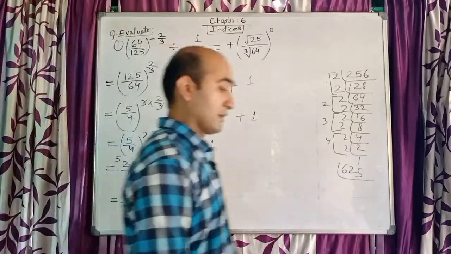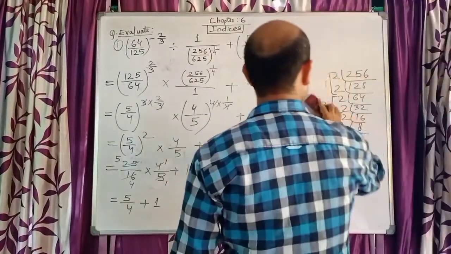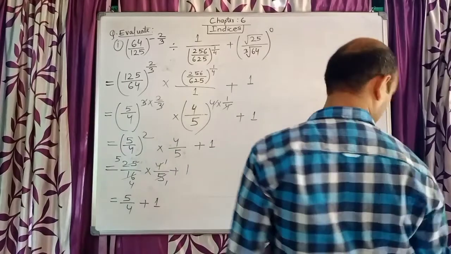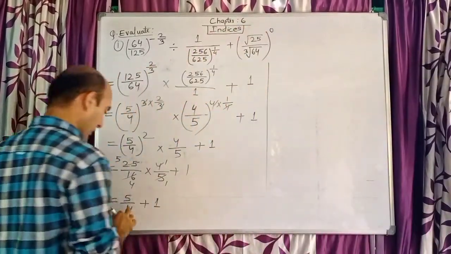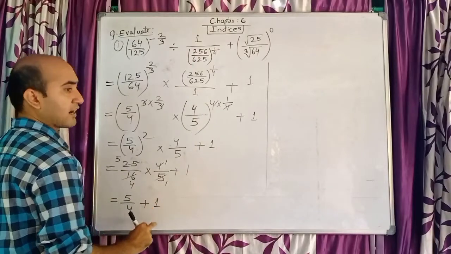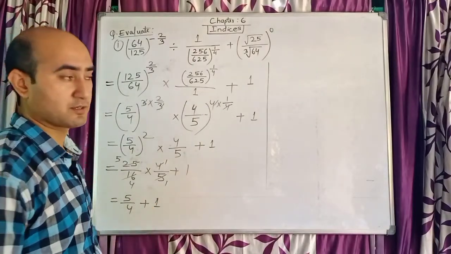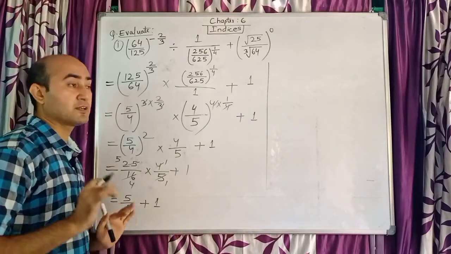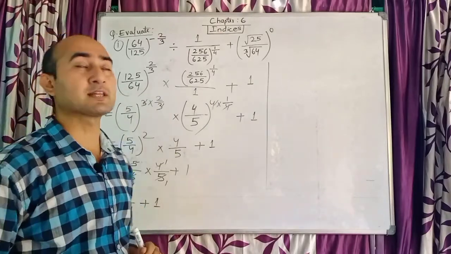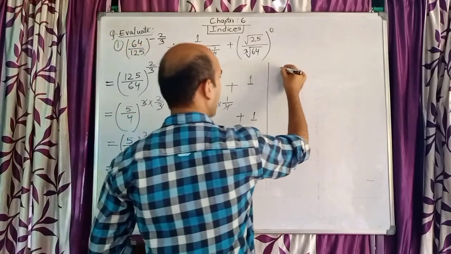Now we have to do LCM and we have to add then. Why do we have to do LCM? So simple, children. It is said, when there is one fraction number and the other number is not a fraction, let it be a whole number, but because of this fraction, the addition or subtraction should be done with the help of LCM. So I will do LCM.